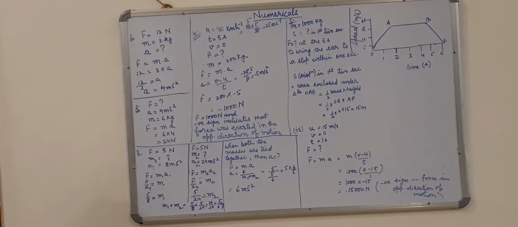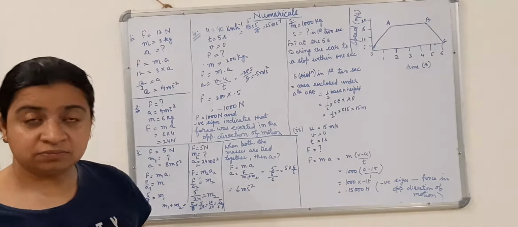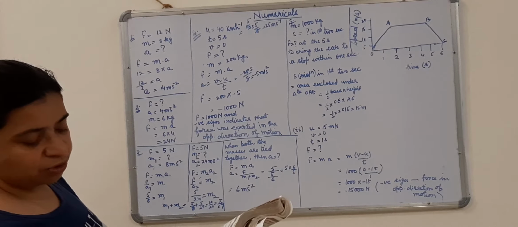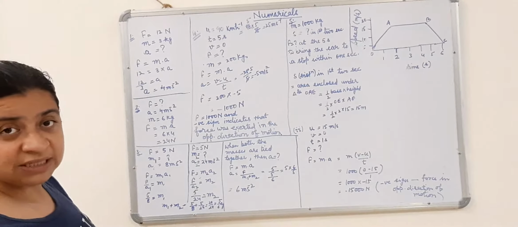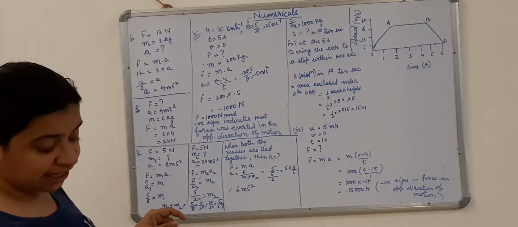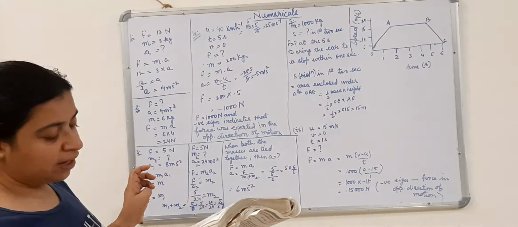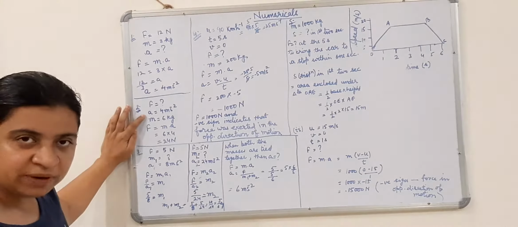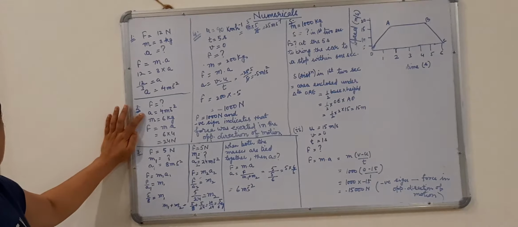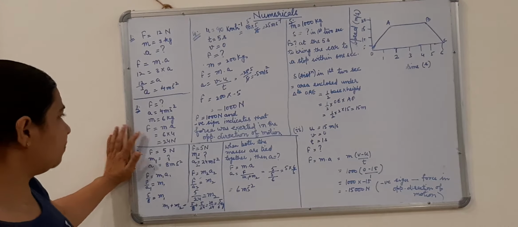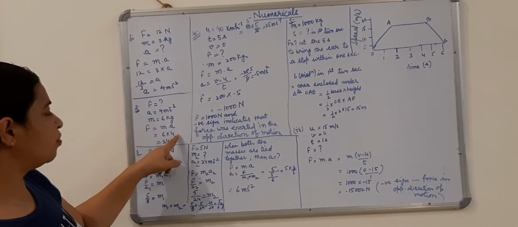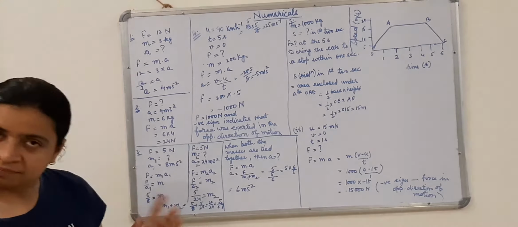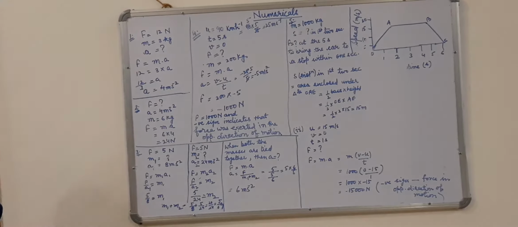Now let us switch over to our second question. What force? That means in this case we need to find out the force. What force would be needed to produce an acceleration of 4 meter per second square on a ball of mass 6 kg? The mass of the ball is 6 kg and its acceleration is 4 meter per second square. What would be the force on that ball? F is equal to ma. m is given as 6 kg, a is given as 4 meter per second square. When we multiply these two quantities, we get the force, that is 24 Newton. Very simple.